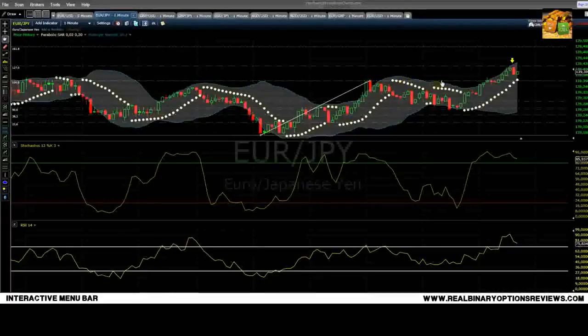Now this will not happen at all the times, but it is good to combine it, let's say, with a stochastic indicator and the RSI indicator, and at this moment, with the help of the Fibonacci tool, you can get quite some profitable trades. So the best way to test this is to read the description of this video and